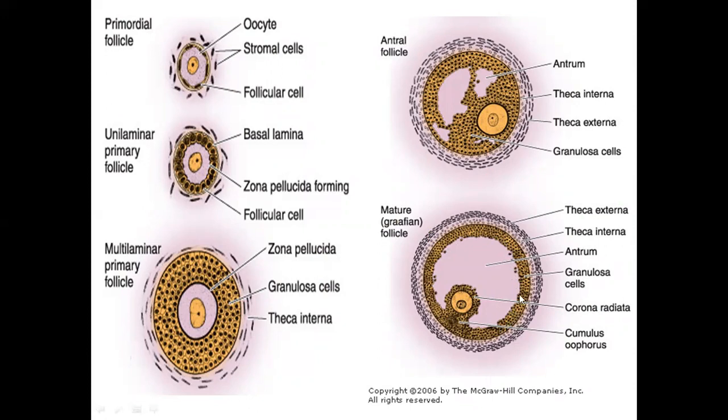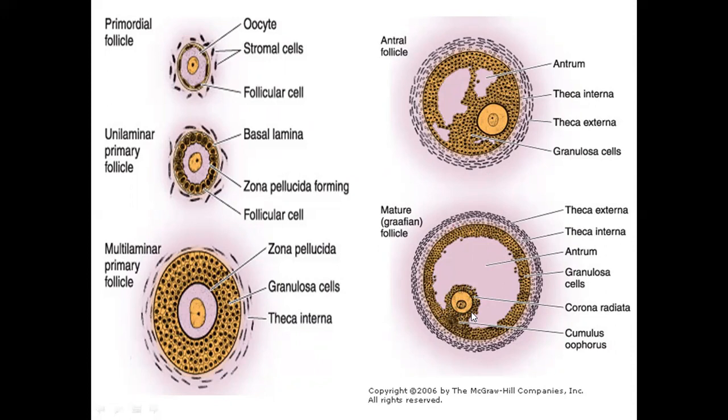So basically the fluid is going to push the granulosa cells towards the periphery of the follicle, and the oocyte is pushed towards one of the corners. And there are two additional names given to the granulosa cells according to their position. The part of the granulosa cells which covers the oocyte from the upper side towards the antrum, these cells are making a crown of the oocyte. Our teacher used the term crown to remember this name, so it's quite easy to remember.